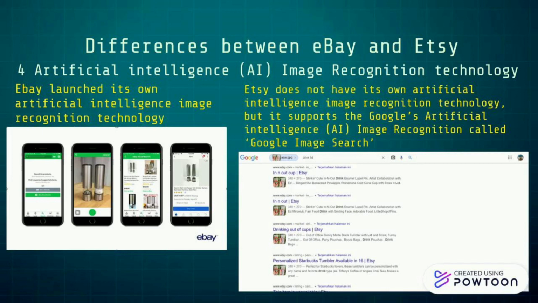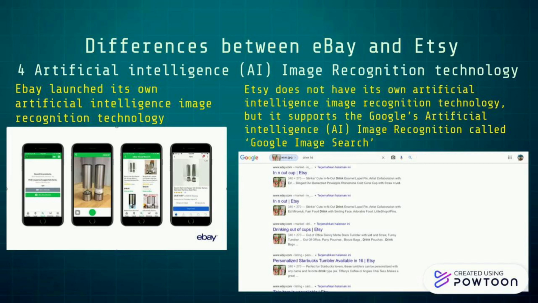For example, when an eBay user goes to the eBay platform or eBay app, the user can take a picture of what they are searching for, and within a few seconds, eBay's platform will surface all the items that match the image. But Etsy does not have its own AI image recognition technology, but it supports the